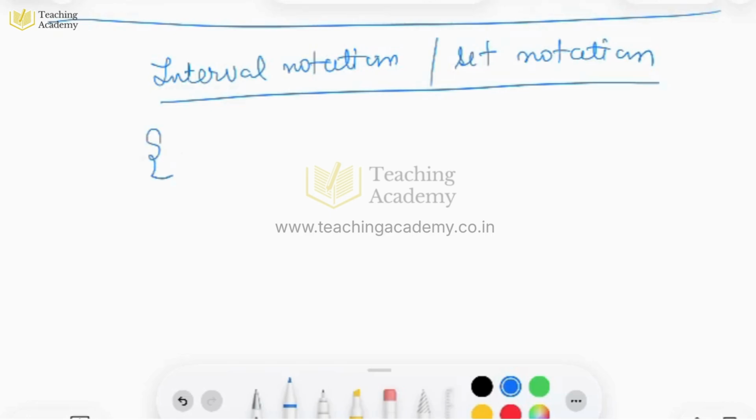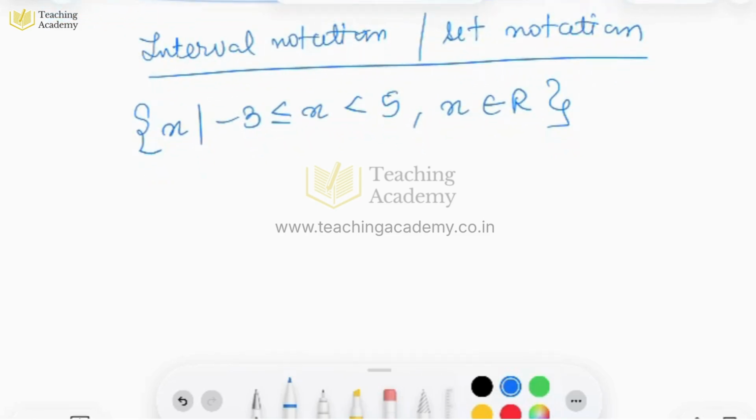So let's understand it with an example. If I'm writing x such that negative 3 is less than or equal to x, and x belongs to all real values, right? So how do we describe this? If I want to write a proper statement of reading it, I'll be saying x belongs to all real values